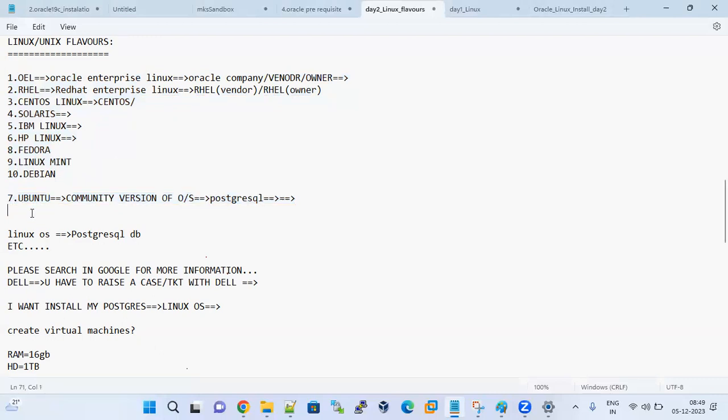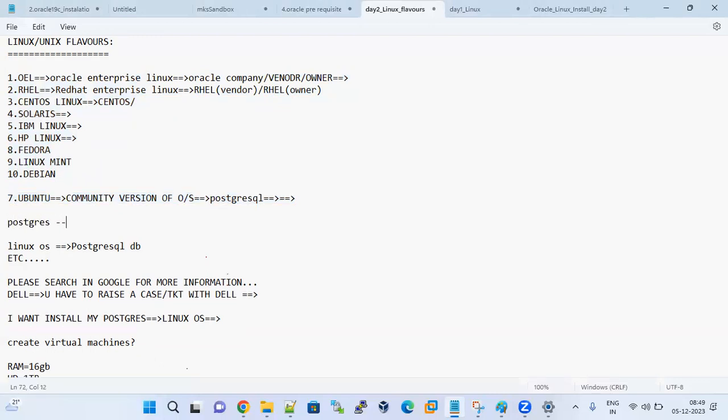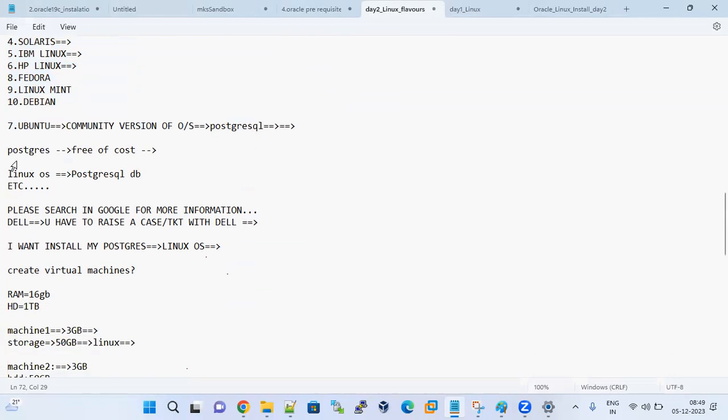Nowadays Postgres is also available free of cost. That's why there is more demand for Postgres DBAs. Oracle is not free of cost; the cost is more compared to other database products. In the same way, Postgres is available free of cost. It's an open source database platform. Yes, if you want to use open source, you can use Postgres. That's why there is demand for Postgres DBAs.